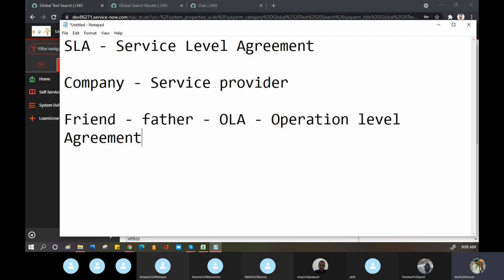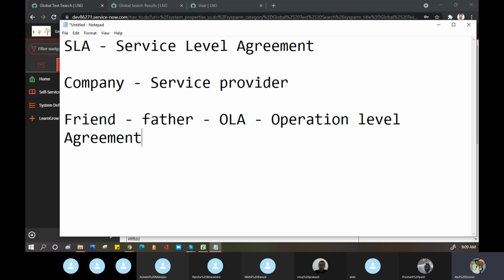It can be delivered in the morning, the afternoon, or the evening. So these internal points, checking the stock, doing the packaging or the branding, then booking the courier, reaching the destination center and delivering at your doorstep, these are the OLA actually. You are not bothered whether this happened on day 1 or day 5. You need your product on day 5. So OLA is basically when we have an agreement